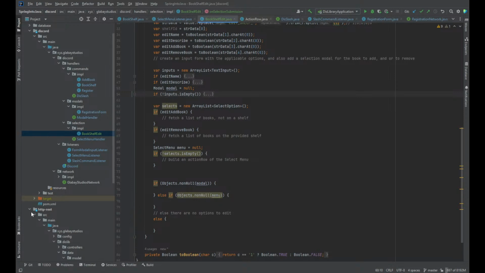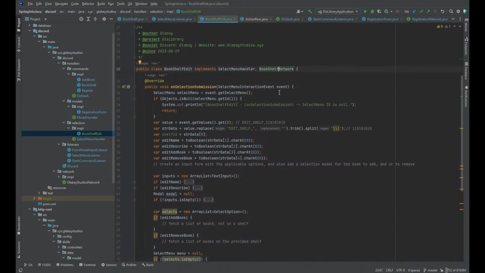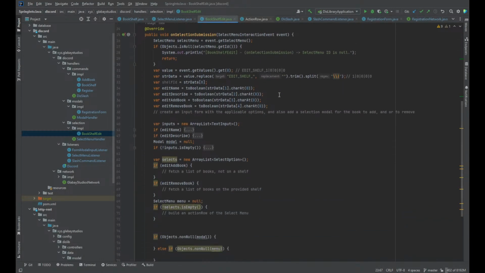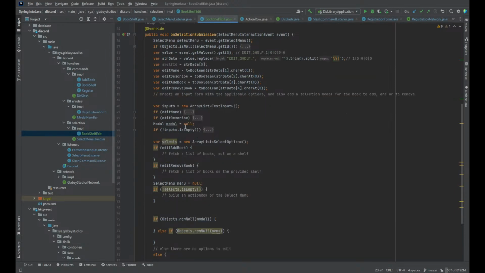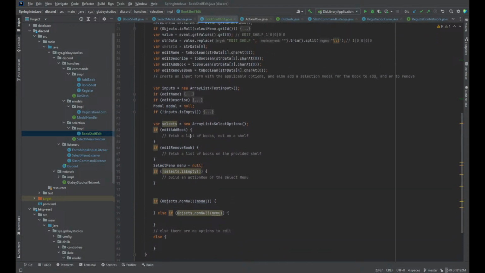Okay, so in here we need to do a few things. We have our bookshelf network, but that's only going to help us when we're looking to remove a book. Because the first thing we need to do on there is fetch a list of books that are on our provided shelf, which I believe we already have that method defined. So I guess we're going to dive on into this next section and start writing down some new code